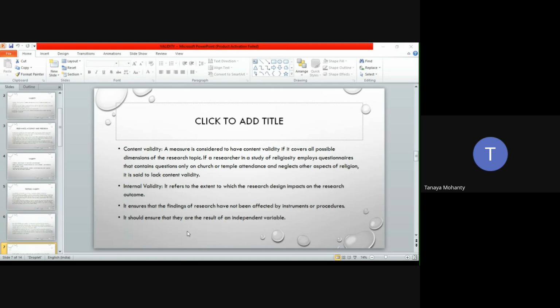So basically what I'm trying to say here is that internal validity is about taking into account your research procedures, your instrument, your entire presence as a researcher. Is it affecting the entire outcome of your research in any way? That we have to understand. In such a scenario, we can say that perhaps there has been a loss of internal validity in my research process. Got it? So here we need to ensure that all results are a result of an independent variable.